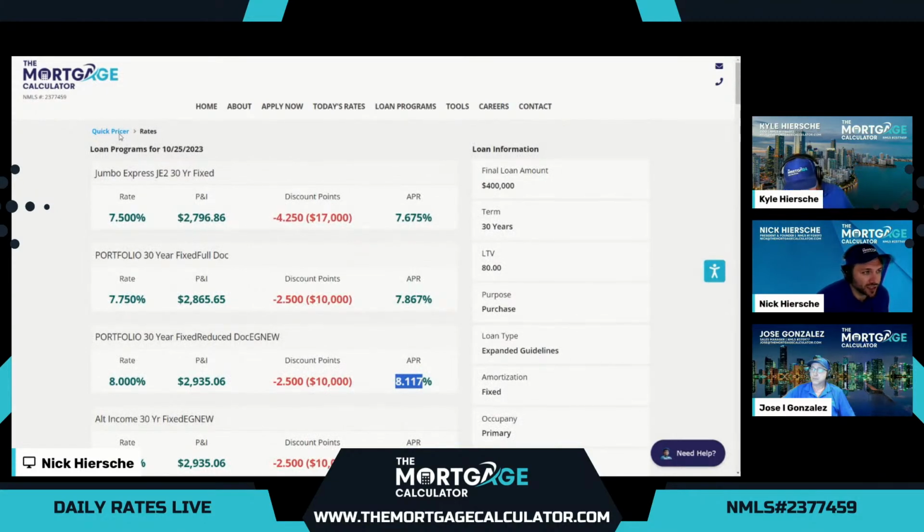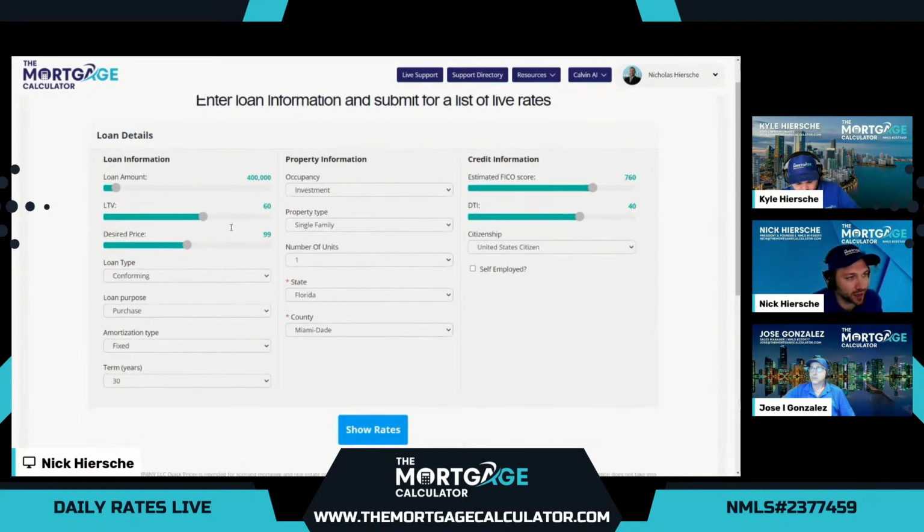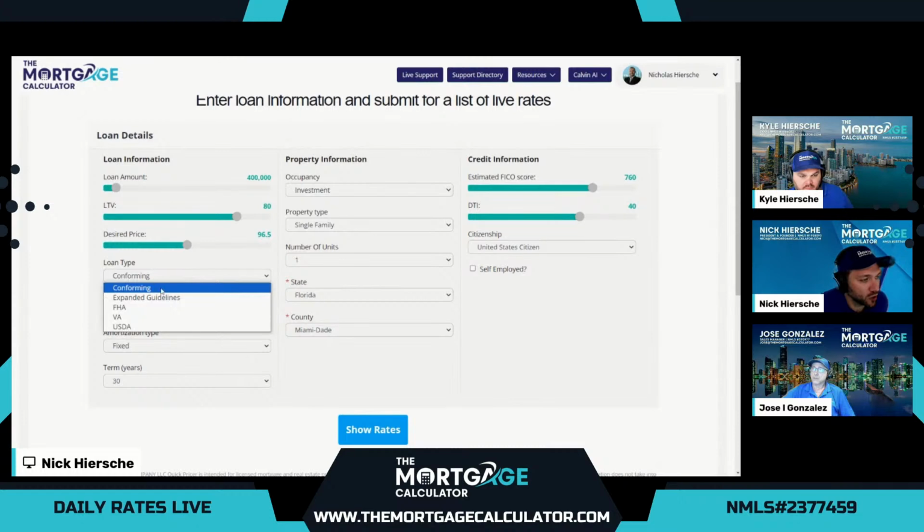And before we go into Jose's example on 1099s, which is obviously one of those options, we always want to do some investment property live pricing. We love to work with investors, first-time investors, seasoned investors. We have some great options. So we'll set up the same scenario, 80% loan to value. Set up the lowest, search for the lowest rate we can offer. And we'll compare our conforming conventional to our expanded guidelines, also known as non-QM.